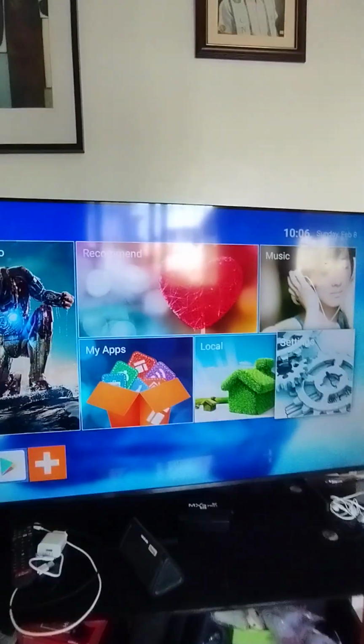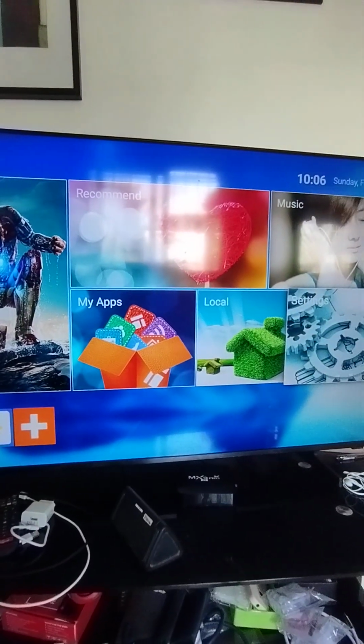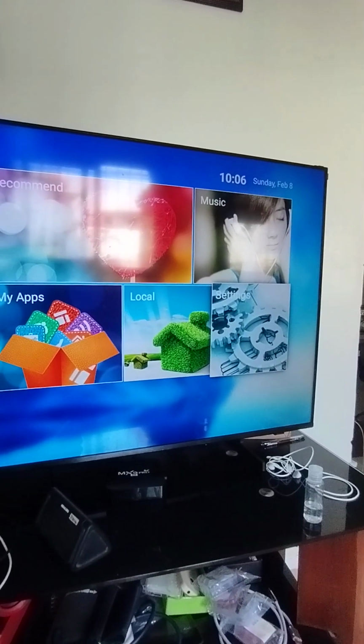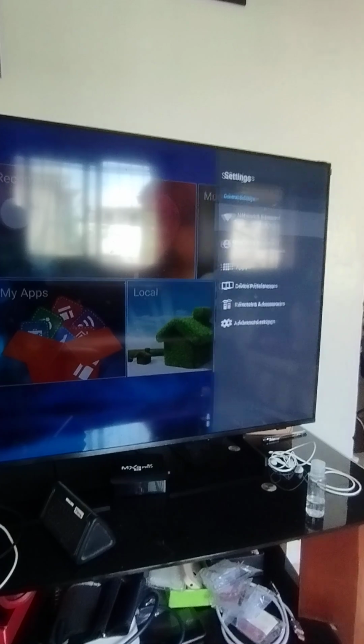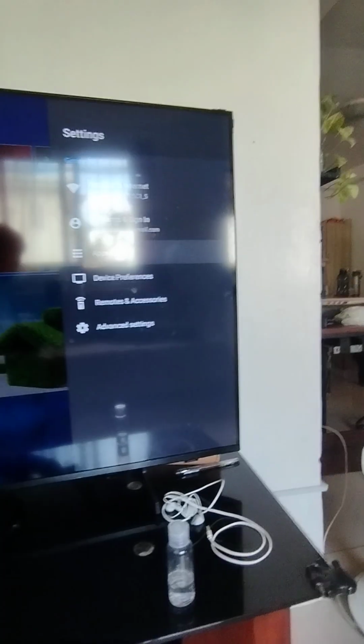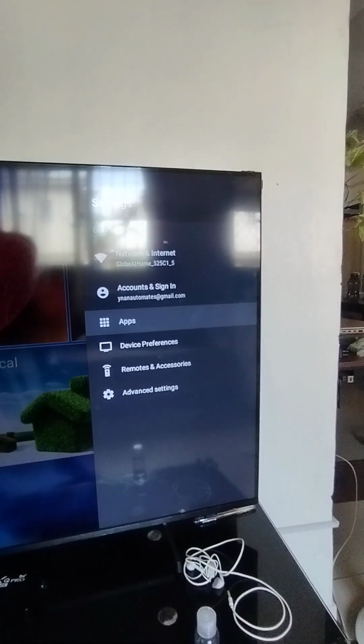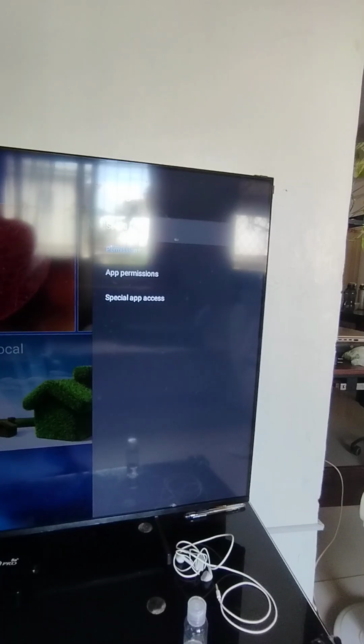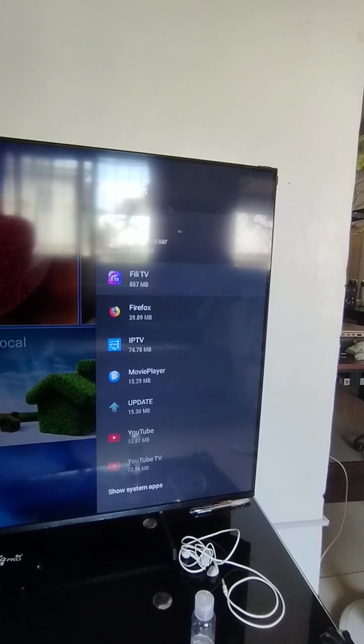So in clearing some cache, we go to settings, and then in settings there is apps, and then see all apps.